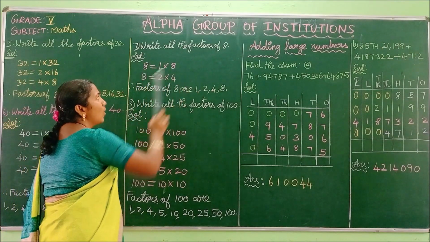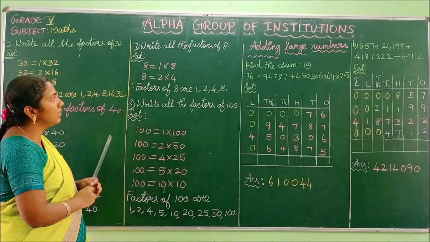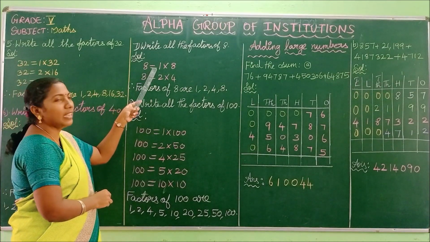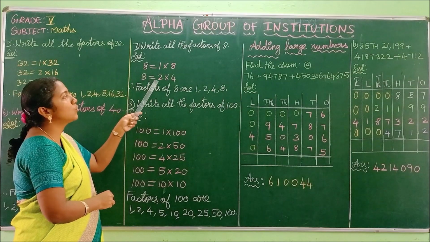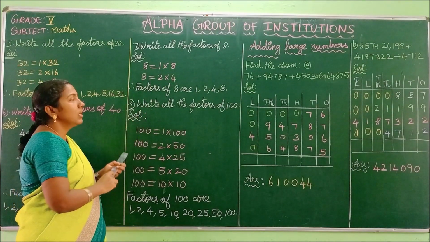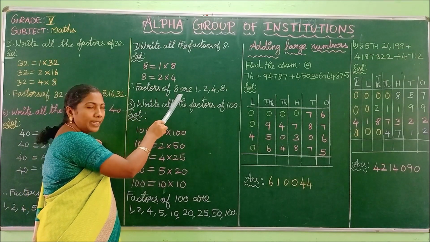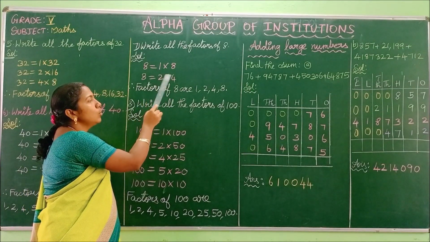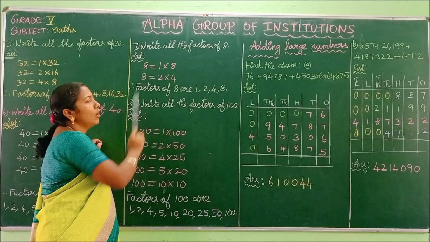Next we are going to see the next sum. Write all the factors of 8. Very small number. It is a single digit number. 8 can be written as 1 into 8. It is also written as 2 into 4. These are the possible ways. So you have to stop up to this. Therefore, the factors of 8 are 1, 2, 4, 8. That is, 8 has only